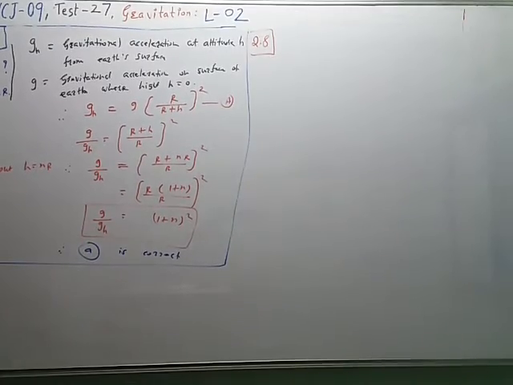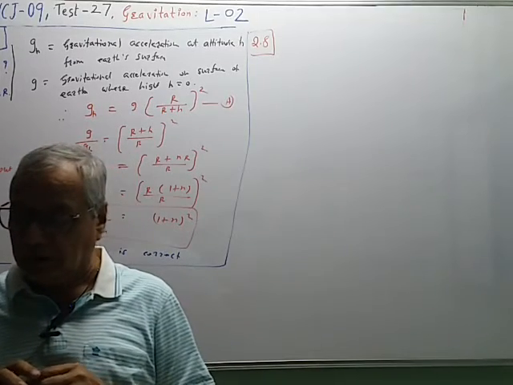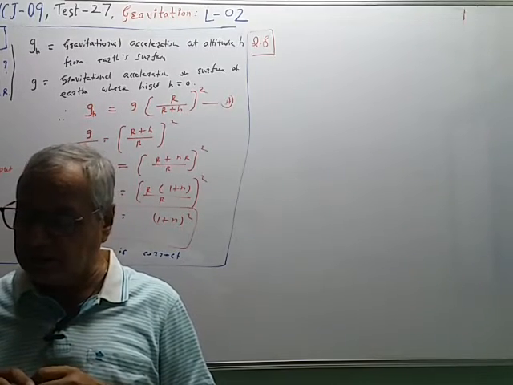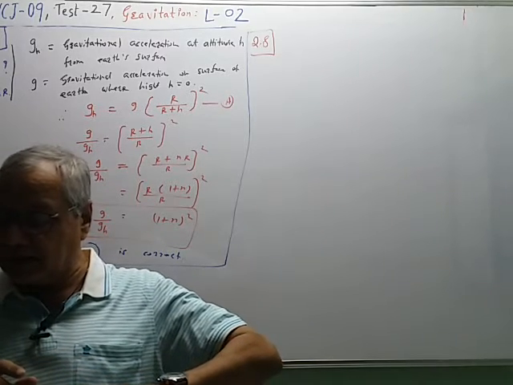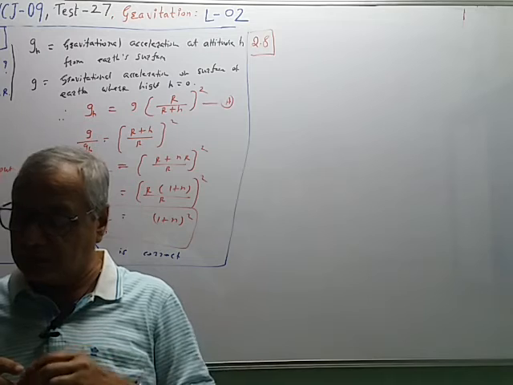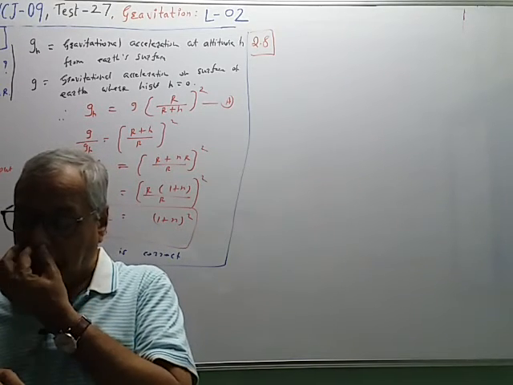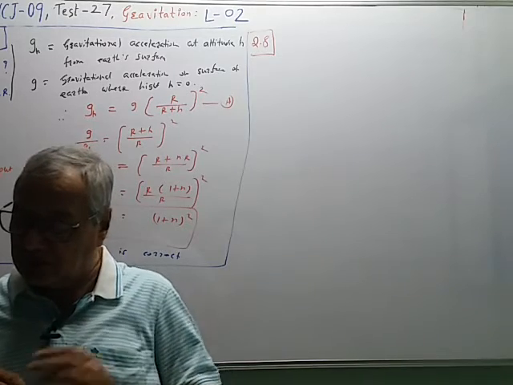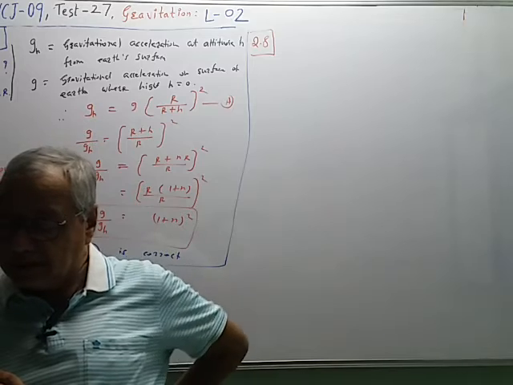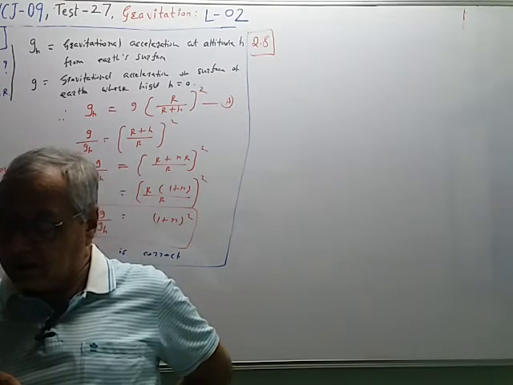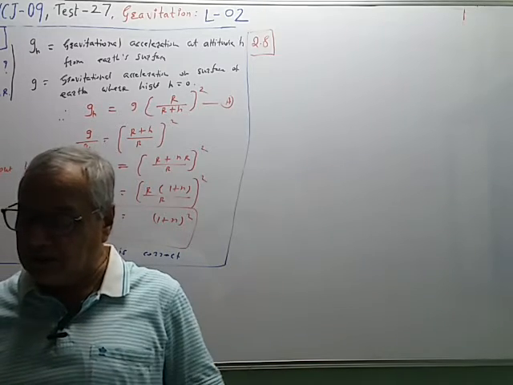Next, question number 8. The value of gravitational acceleration g decreases inside the surface of the earth because a force of upward attraction is applied by the shell of the earth. The shell of the earth above exerts no net force. The distance from the center of the earth decreases. The density of the material at the center of the earth is very small.